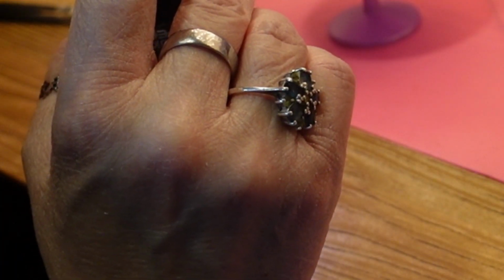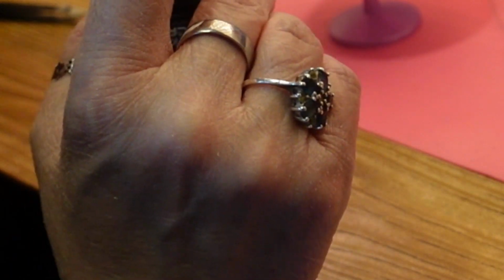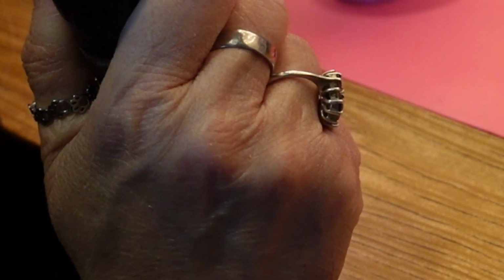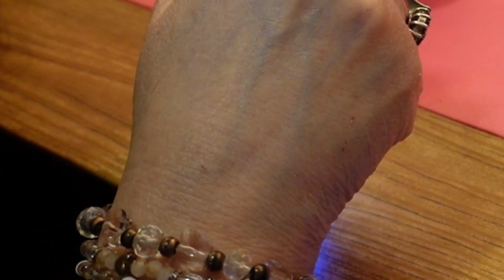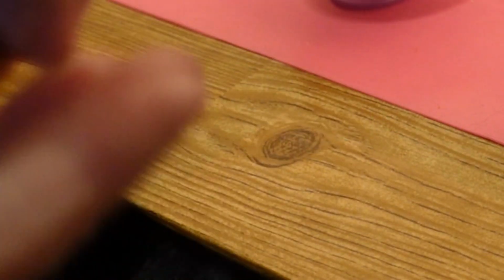Now you could use mustard from your hot dogs if you have it, or you could make mustard, or you could use vanilla stuff and make mayonnaise. I prefer mayonnaise, but I'm doing the ketchup because that's what came with it. But you could do all kinds of variations with this. Can you see what I'm doing? I'm just setting it. You see it so far? All the different layers and...